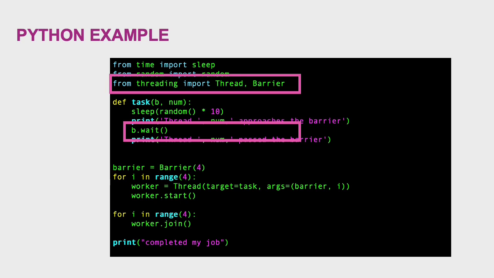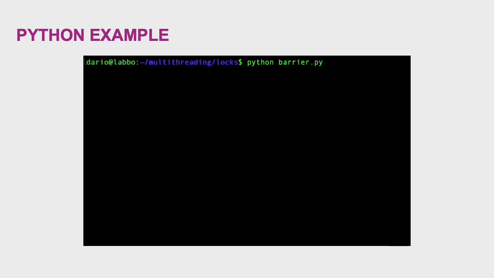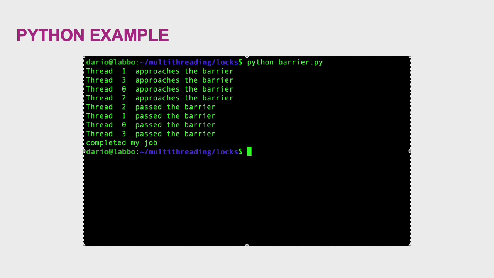But what is the result that we expect? Well, it's very simple. Basically, we create the threads. The threads print, I am approaching the barrier. Then the threads are waiting till the fourth thread approaches the barrier and they can enter. Exactly what we have seen in this